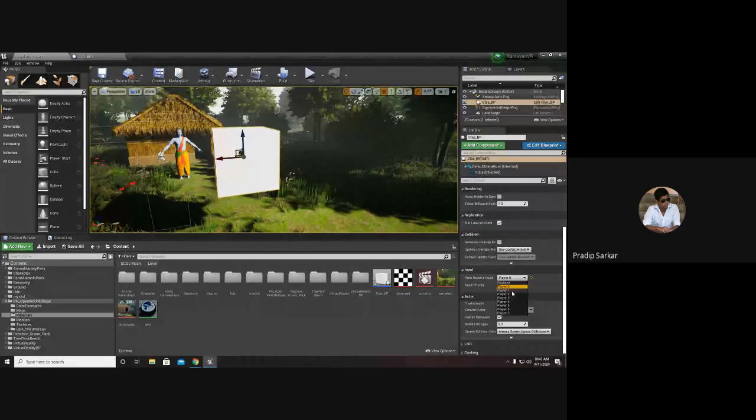blueprint. Let's say there are 7 mice connected, and each and every mouse has been assigned to one player. Then all those players can control the actor which has that particular player's input. If I set it as 1, the player 1 will control this cube. If I set it to player 7, the 7th player will control this cube. Rest all the players cannot control it. Whoever has the priority will get the inputs.